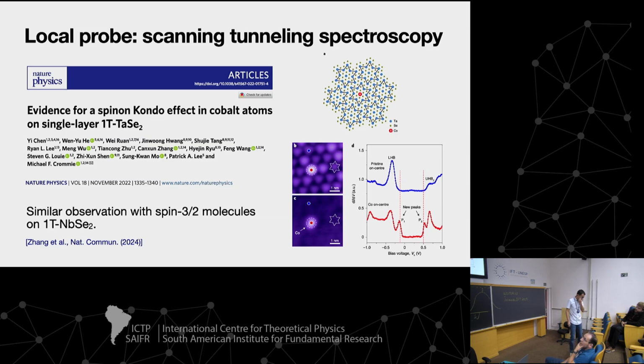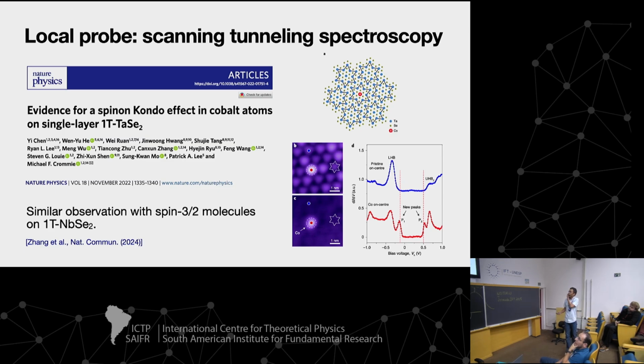And then this topic had a revival a few years ago because now one can have local probes of this kind of spinon-Kondo effect. So these were experiments done in a 2D material where you have this Star of David unit cell with a charge density wave on top of a triangular lattice, and you have a spin 1/2 per unit cell. So it's essentially a triangular lattice of stars of David. And then there are theoretical predictions that the effective spin model for this material could give a quantum spin liquid ground state with a spinon-Fermi surface.